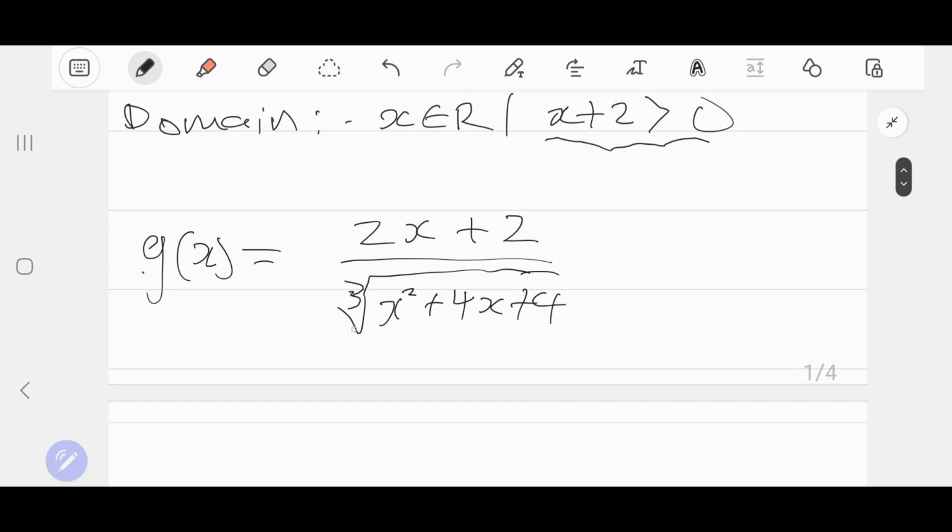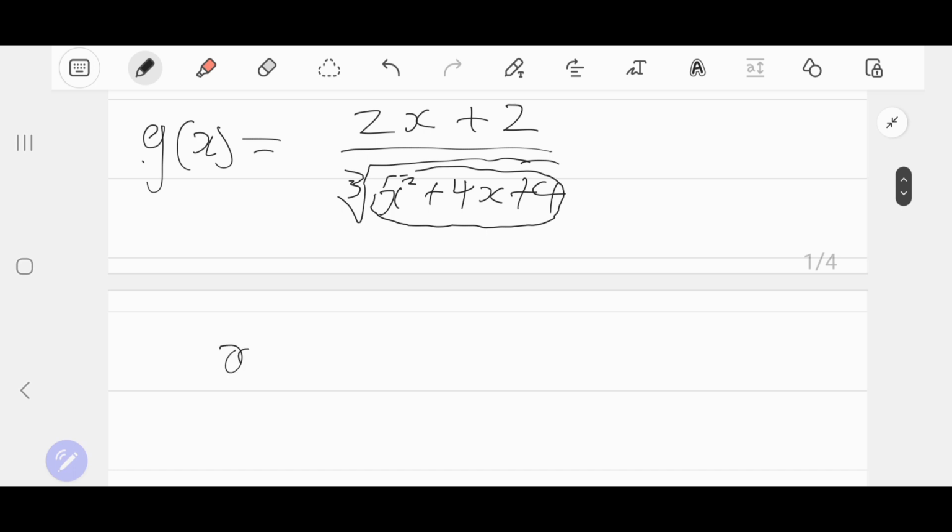Remember now, something has changed. It's a similar function, but something has changed. The root sign now is of a what, people? There's a 3, meaning it's of an odd root. An odd root does allow you to take anything that is under it, and it does allow you to be negative. So it's a different case now. Hence, in this case, x will be an element of real numbers, but the only restriction is